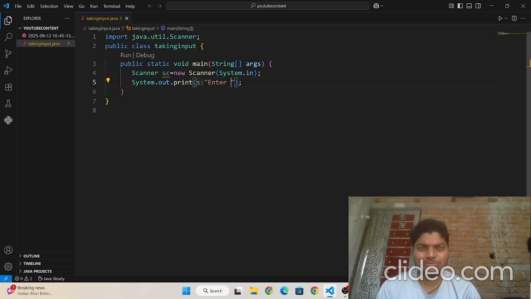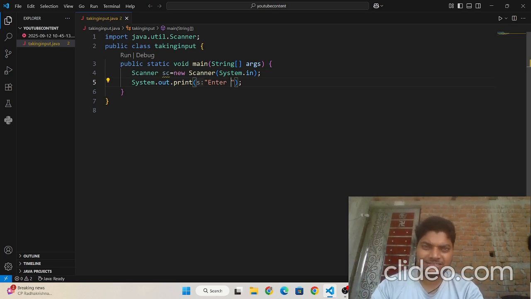What are the marks of the student, it will be a float. And what is the mobile number of the student, it will be long. And what is the full name of a student, it will be a line. Like this, so that we feel easy to enter the input.